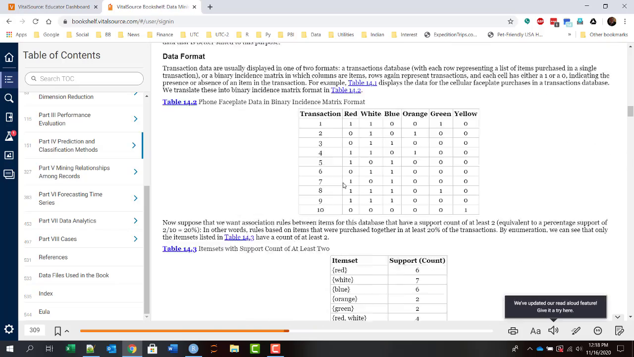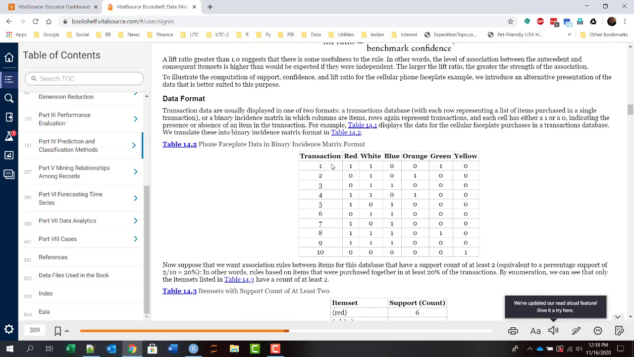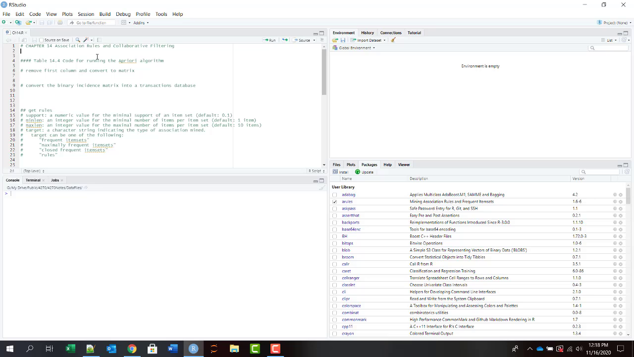So first is faceplate, and the faceplate file has the 10 transactions in this fashion. So we have a binary matrix with ones representing the transaction included that particular product and zero representing not in the transaction. That particular product was not purchased. Okay, so let's start with